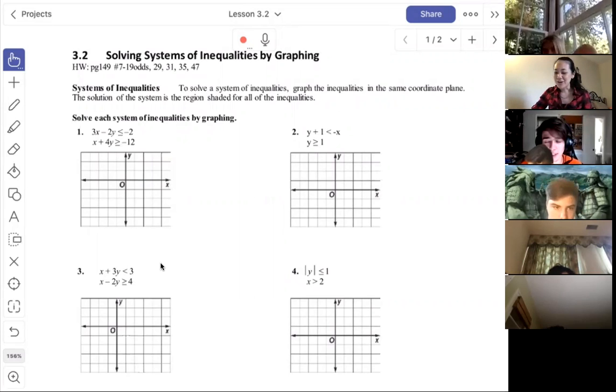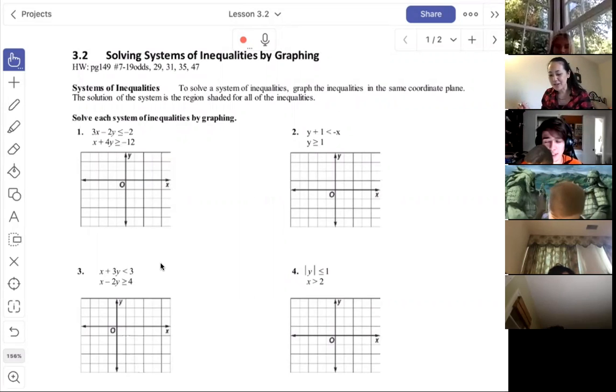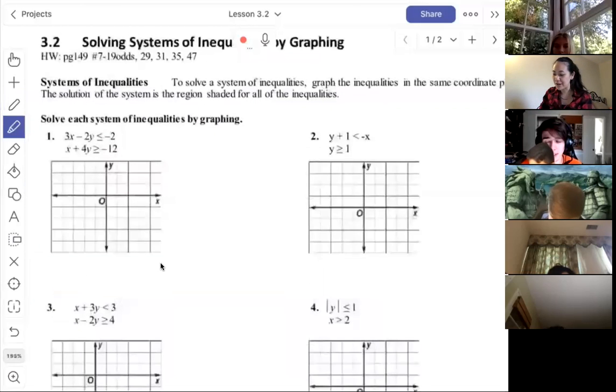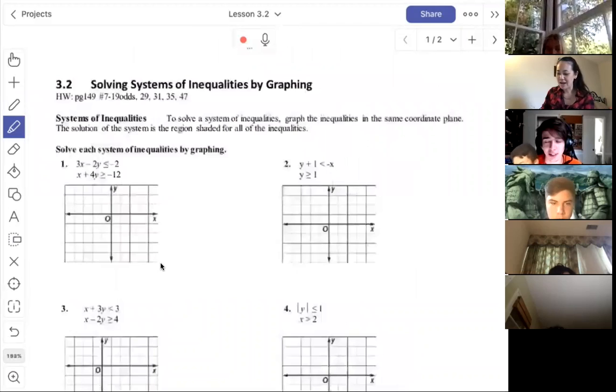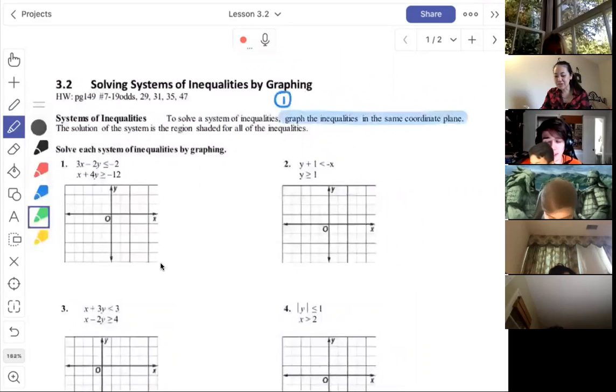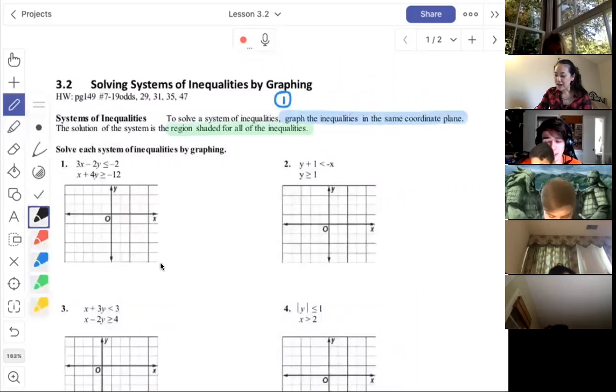So to solve a system of inequality, basically, you just graph the inequalities in the same coordinate plane. So that's step one. And then the solution of the system is the intersection of the shaded regions, okay? So the region shaded for all inequalities. Basically, it's gonna do something like this where you're gonna have a graph